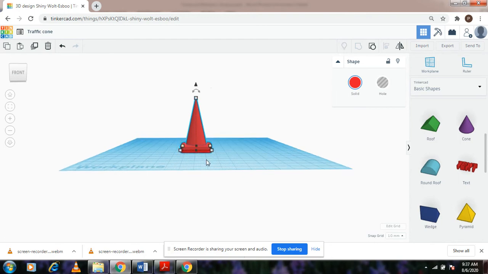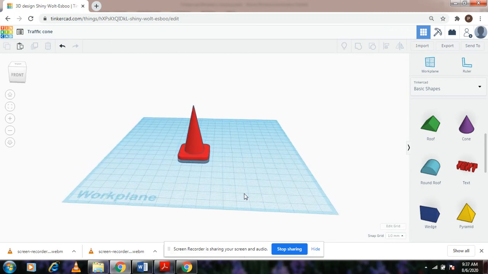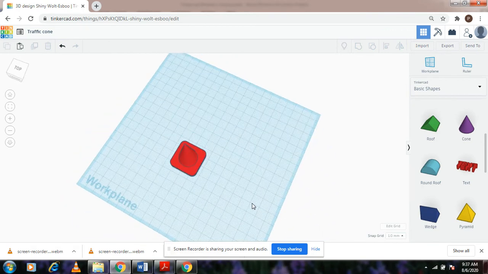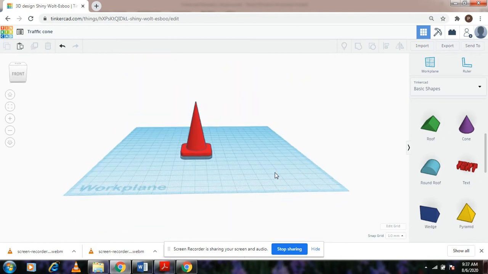Now the next task would be to select the cone that is under, for which I will now click on it. After clicking on it, I'll click on hollow. Now that it's hollow, let's first make sure that they are properly aligned. In order to be double sure, you can select both of them and hit align, and I see that there is no option visible right now to align them, which means that they are properly aligned.